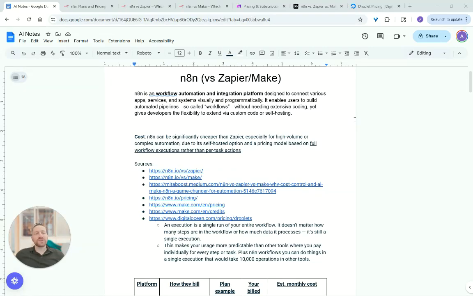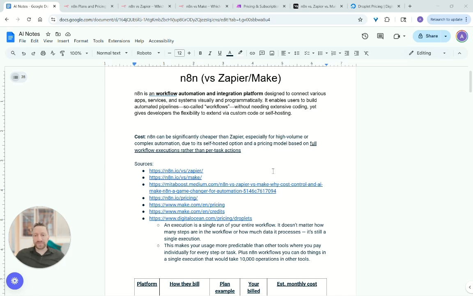In your automations, are you paying for every single step in the workflow? Are you just paying for each single execution? In this video, I'm going to be ranking n8n versus Zapier and Make so that you do not have to do the guesswork. You're going to see some real data here and understand by the end of this video the costs involved in each and the other factors you'll need to know to make a decision on which integration workflow